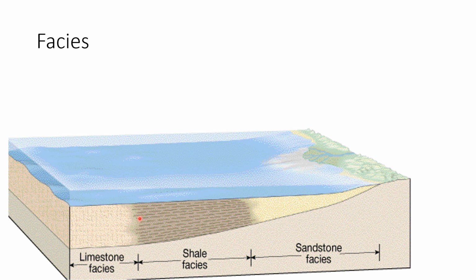So let's think about energy. This is like a cross section of a beach, and up here you have where the waves are hitting the shore. So think about the energy involved. That's a very, very high energy environment. So we're going to say that the only thing that can fall out of suspension here is sand. If you go down to the beach in Florida, right at the shore you find only clean sand, because that's the only thing that can get dropped by the water right there; there's just so much energy that everything else gets held in suspension. But as you go further away from the shore, the water gets a little deeper and the wave action gets a little less energetic. And so you get finer and finer sand out until you get,